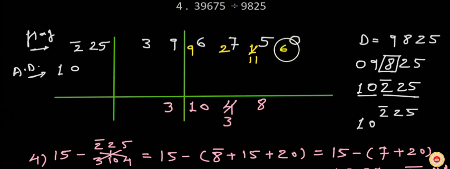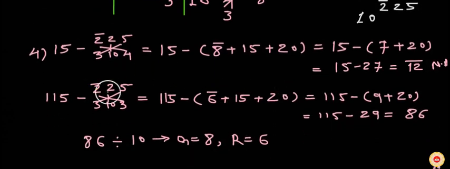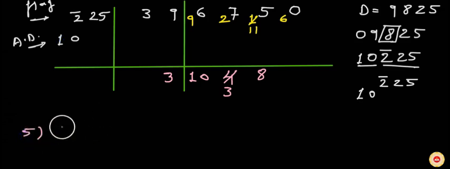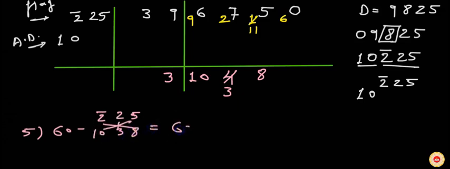Now we are going to calculate the net dividend. So see friends, pause the video and write this fourth step. Okay, step number 5. 60 minus negative 2, 2 and 5, and the last 3 quotient digits 10, 3 and 8, which gives us 60 minus 8